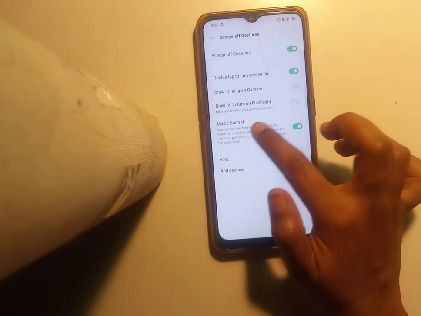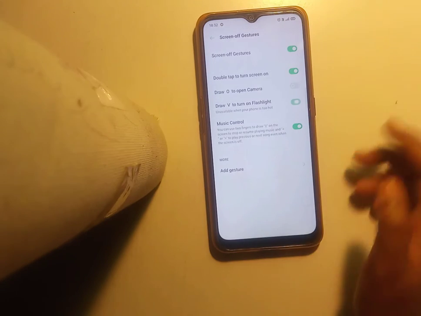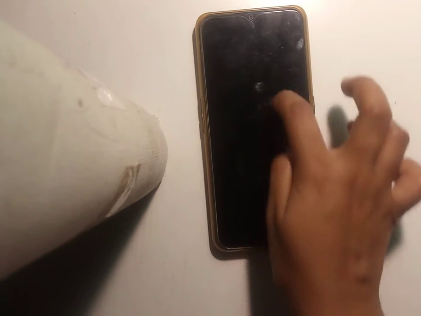And then draw V to turn on the flashlight. So I will show you. Can you see it is on the flashlight?